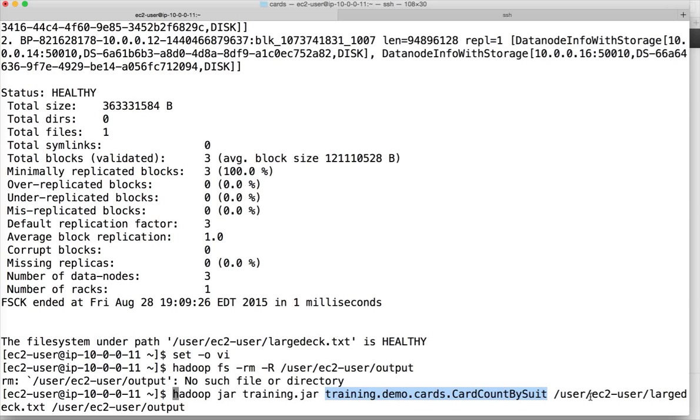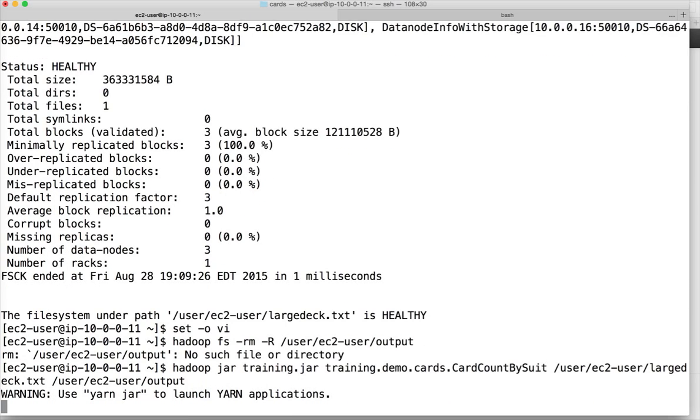So I'm running that program on this input path, which is user ec2 user large.txt, and this is the output path for this program. That directory will be created at runtime. So once you type this Hadoop jar command, hit enter,